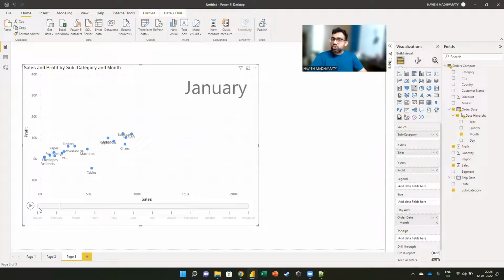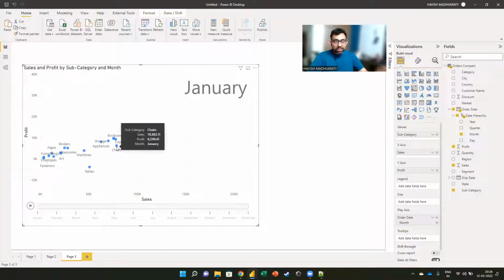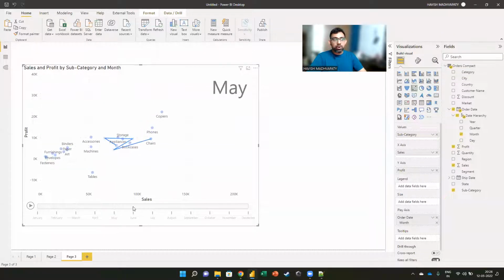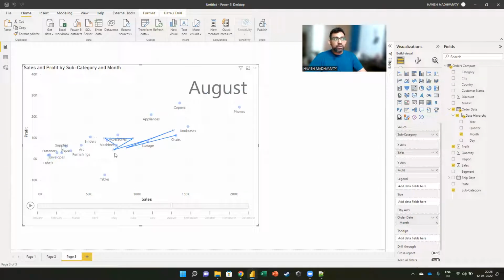So there's this beautiful feature here called a highlight. Watch this. If I click on chairs, okay, watch very carefully. Do you see how that line is telling me how chairs have moved month by month? How awesome is that? Check this out. And I can even do it with multiple,